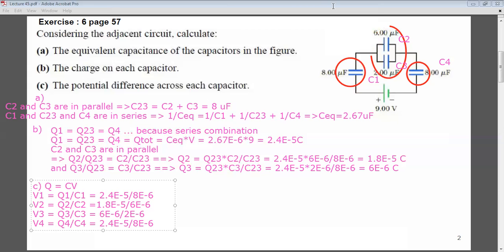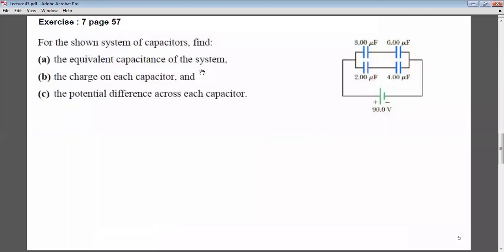Okay, so let's do another exercise. This is exercise 7, page 57. So I have the capacitors on the right. Again, we have to get the equivalent capacity, and then the charge of each capacitor and then the potential difference across each capacitor. What we observe immediately is that these two are in series, these two are in series. So if we give different names, we call this one C1,